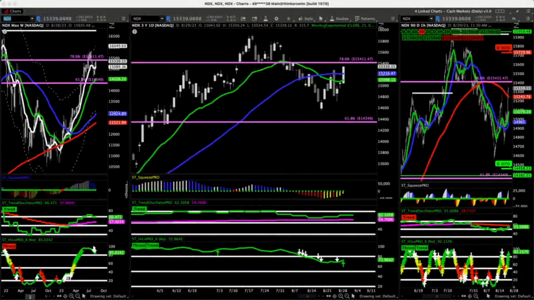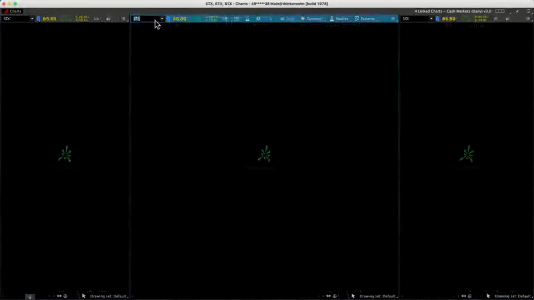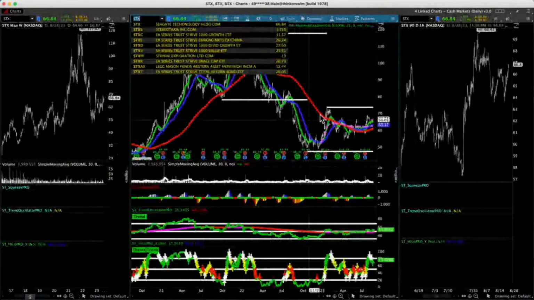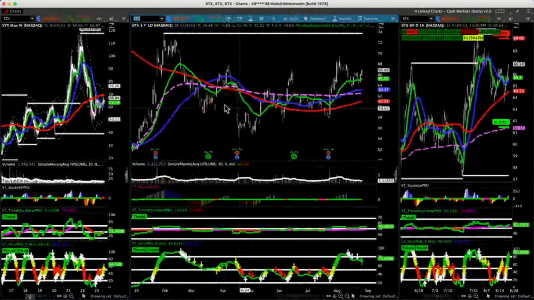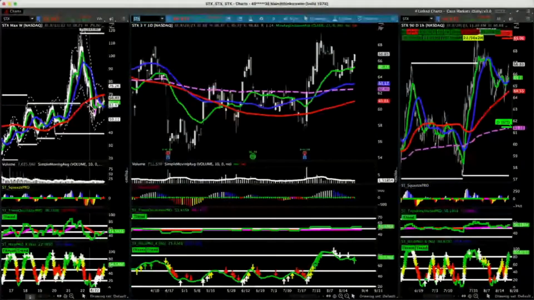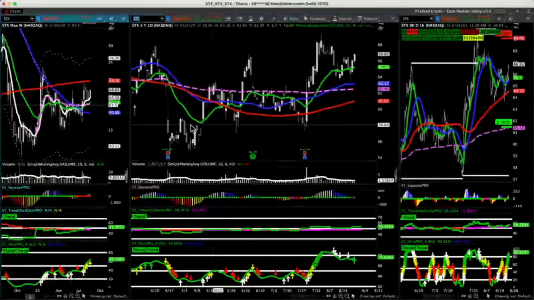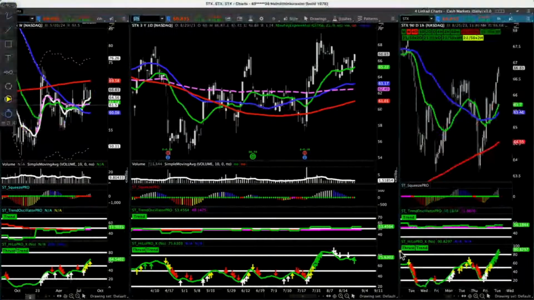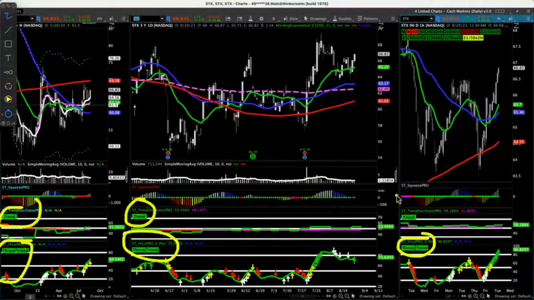STX on daily shows a red arrow, but trend is bullish. Would you avoid this? Anytime there's conflict, I would typically avoid it. That's going to be the answer. So on mine, it actually is aligned. It's not the best setup that I see, but you can see here just in the labels that as I pull this up, I can't tell you that this is bearish by any stretch. Right? You have your double greens across all time frames. You have green across the top, and you have a fresh buy signal as of today